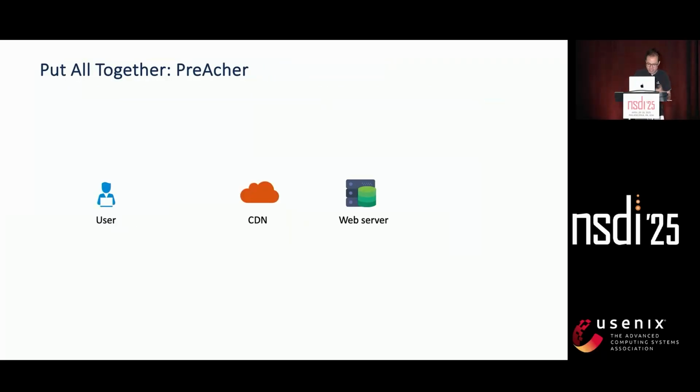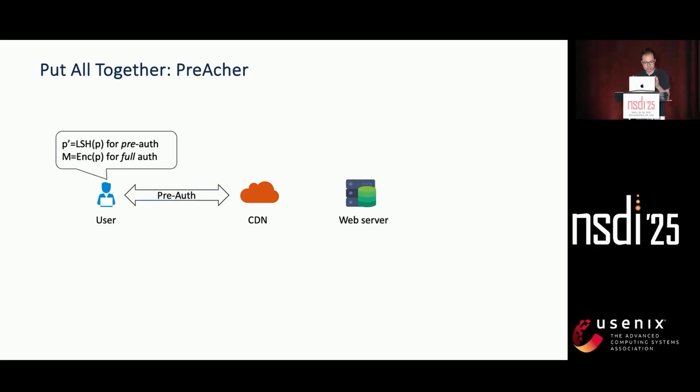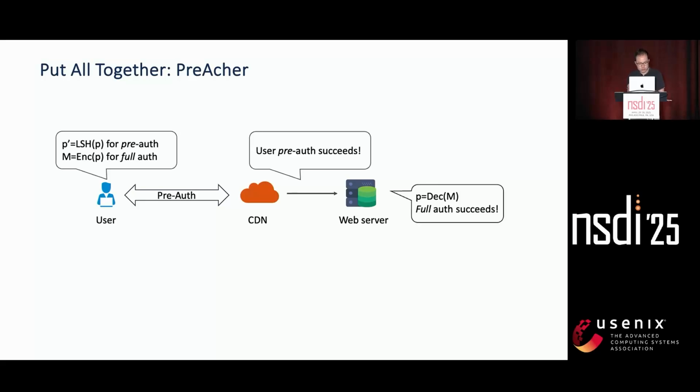Finally, let's put everything together. When a user tries to log in, the client will first hash the password with the LSH to a pseudo password for pre-authentication. It's the P prime shown in this figure. And then it will also encrypt the password to a message, an encrypted password for full authentication. Then the client will send this message to the CDN. It will also conduct the pre-authentication with the CDN. And when the pre-authentication succeeds, the CDN will forward the message to the web server. Then the web server will decrypt the password to get the real password,